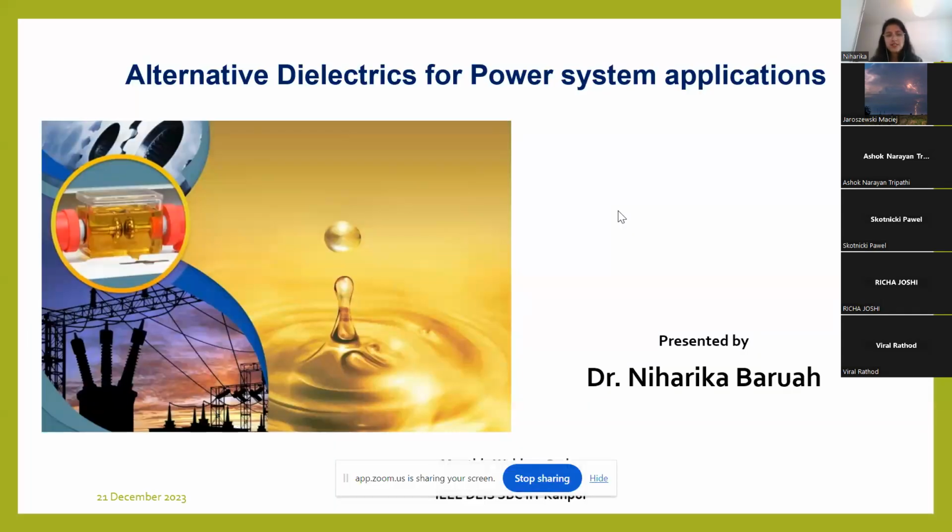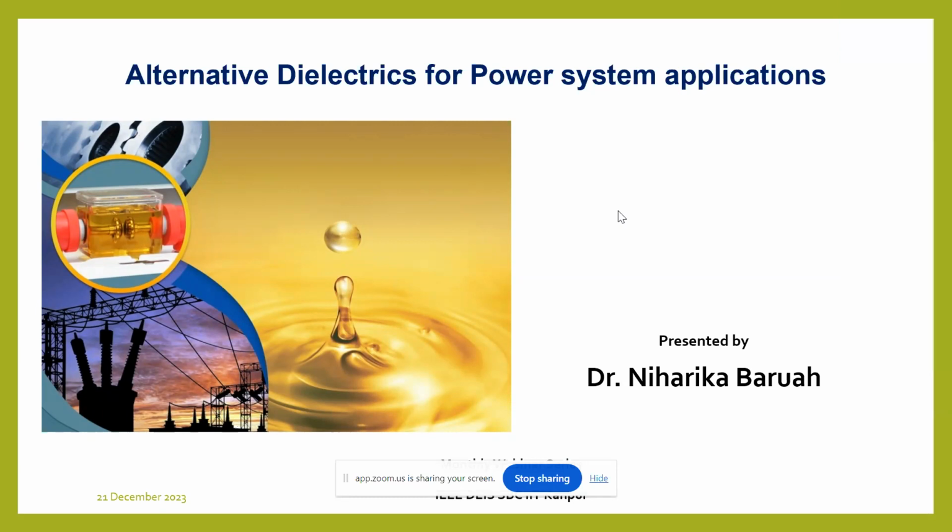I've kept the topic a little bit generic just because I will include most of the part from my PhD work. And now that I've shifted to postdoctoral research, that area is also related to gaseous dielectrics, basically the alternatives. So I'll be covering a bit about the present work that I'm doing. I will not be able to share much of it because nothing is published yet from the current work.